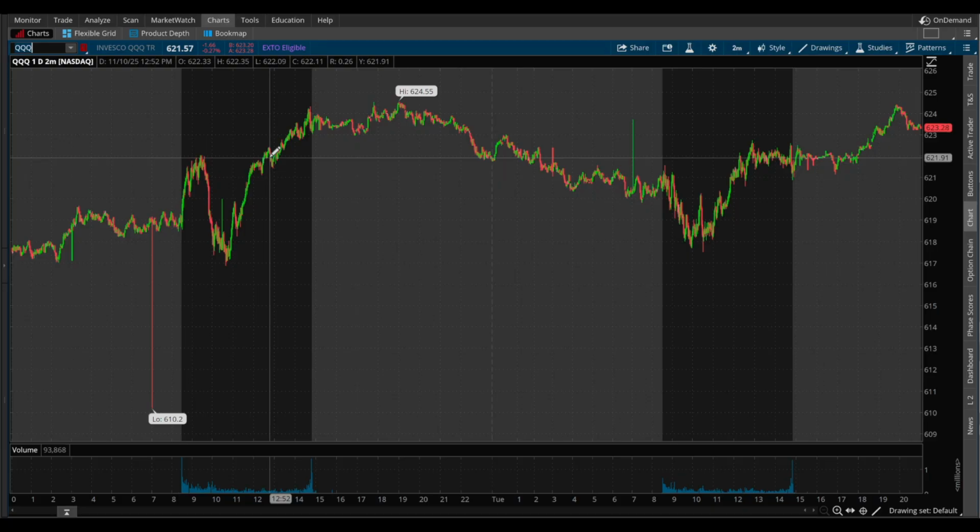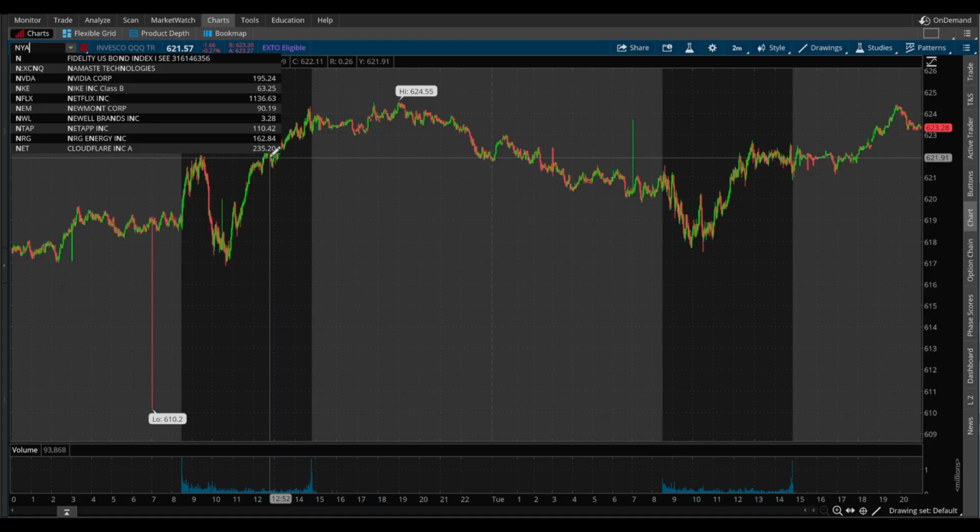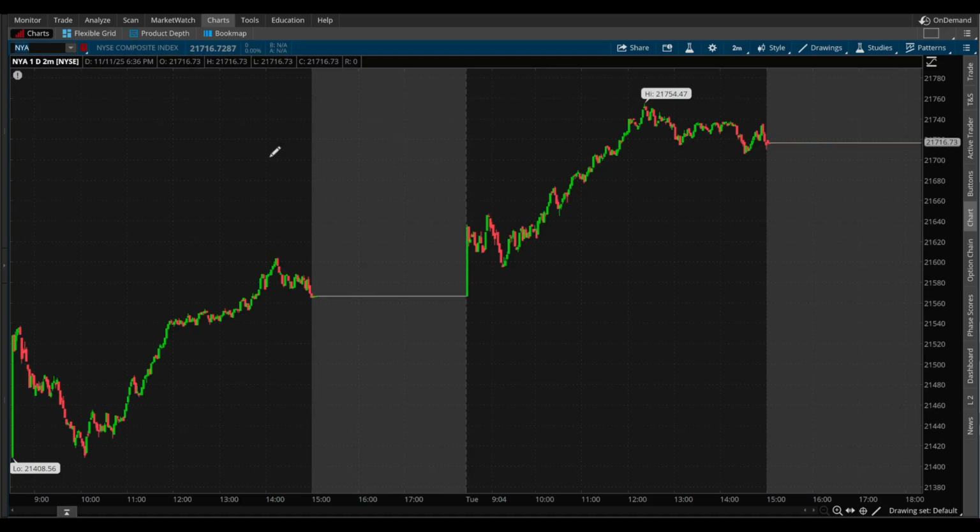All right, so moving on to the New York Stock Exchange Composite. Well, for this it's going to be NYA for the index. And this is a broad stock market index that tracks the performance of all common stocks listed on the New York Stock Exchange, period. With that alone, it's one of the most comprehensive views of the U.S. equity market as well. But the difference is, unlike the S&P or the Dow Jones, which focus on select large cap companies, the New York Stock Exchange Composite represents the entire New York Stock Exchange market, including large, mid, and